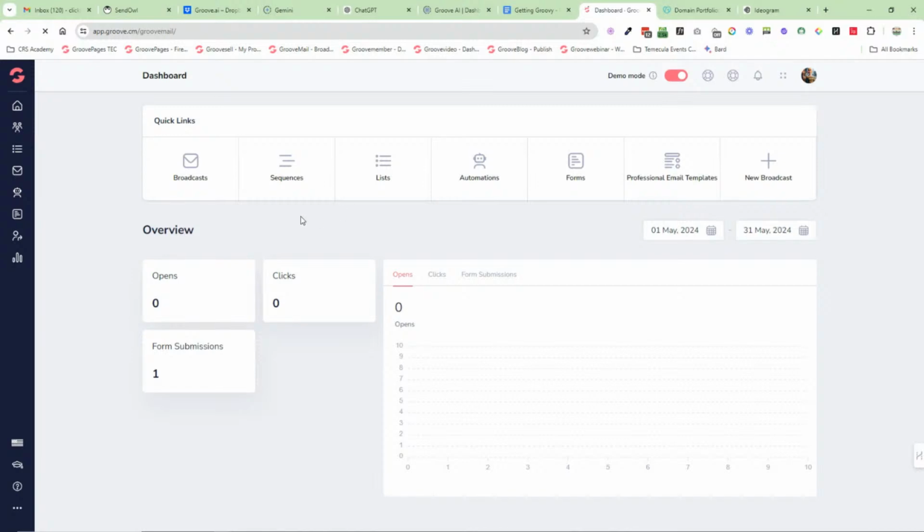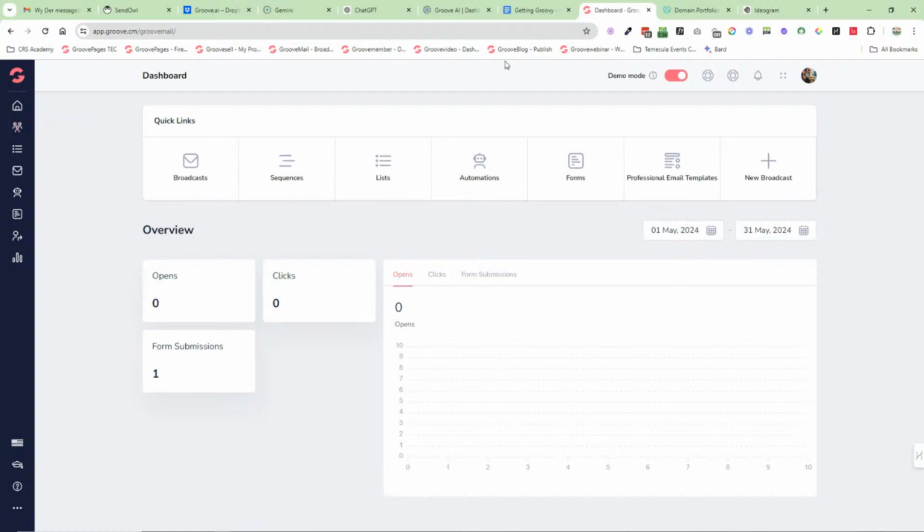I don't use Groove Mail, the SMTP anymore, because as you know, we now need to add an external SMTP sender. As of now, we are working on a deal with one of the big providers. It's just taking a little bit longer, they're a lot more stubborn than we probably anticipated.